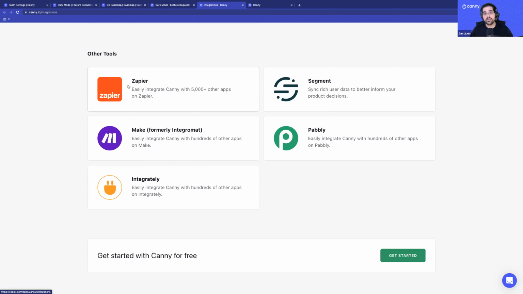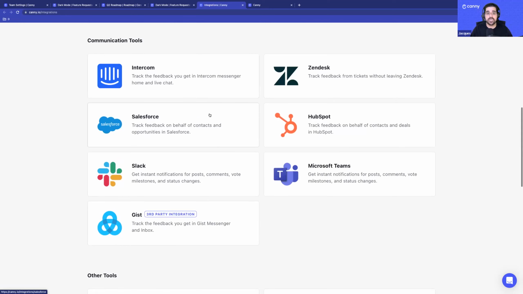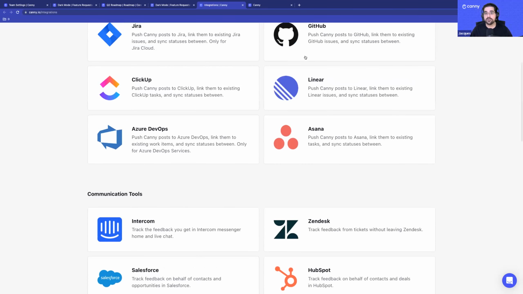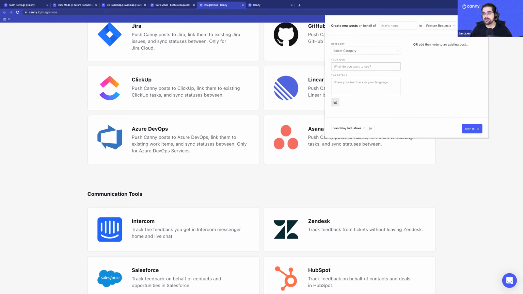So we have all kinds of integrations that you can connect to Canny, and these are going to be super helpful. One that I should also mention here is our Canny Chrome extension. It's a little blended into the browser colors. I have Canny on my browser colors, but with this, you can be anywhere and just open up the browser extension